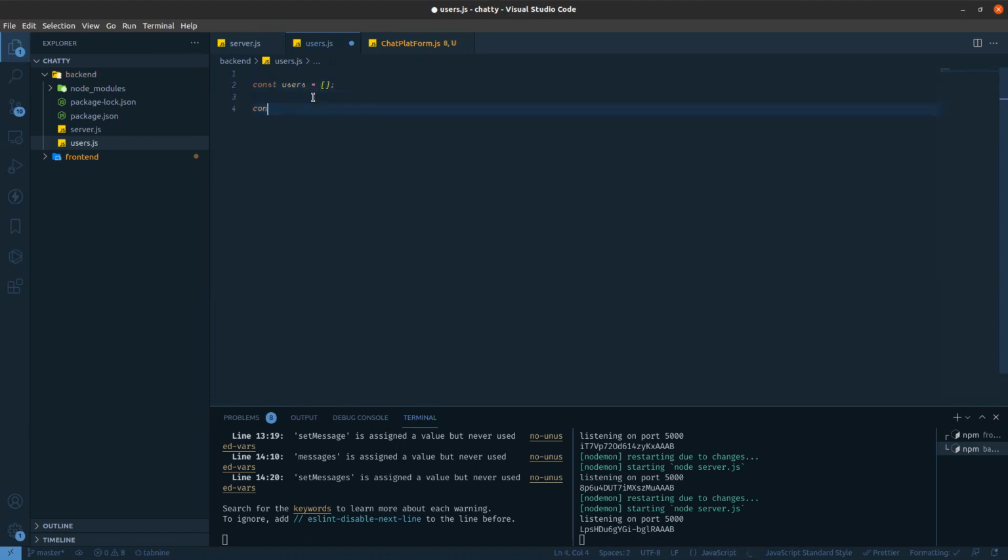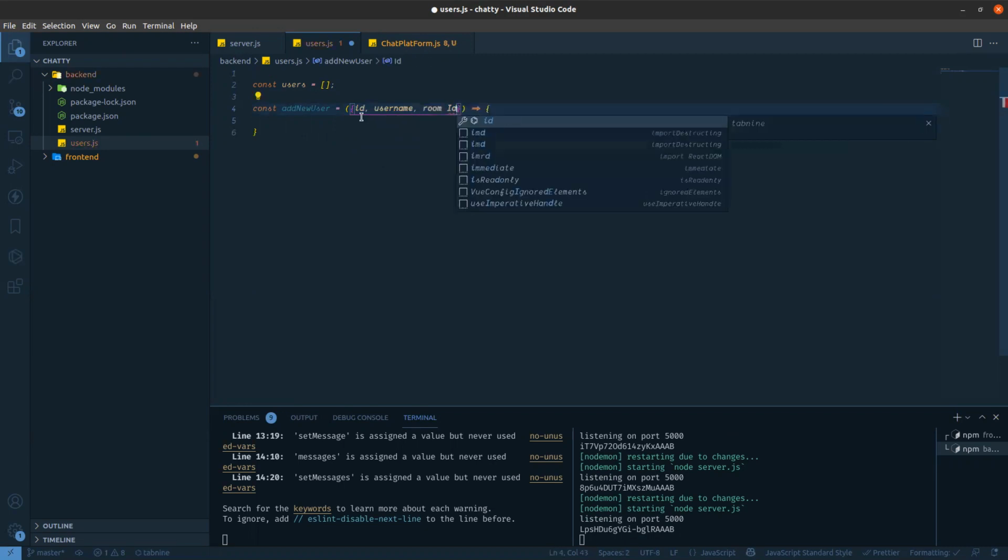I'm creating some methods, like add new user. For adding a new user we need ID, username, and room ID. These three inputs we need.